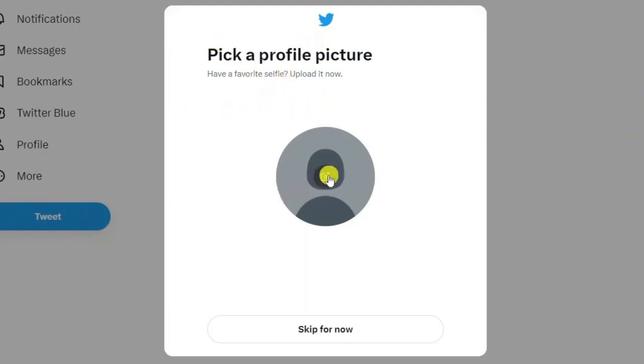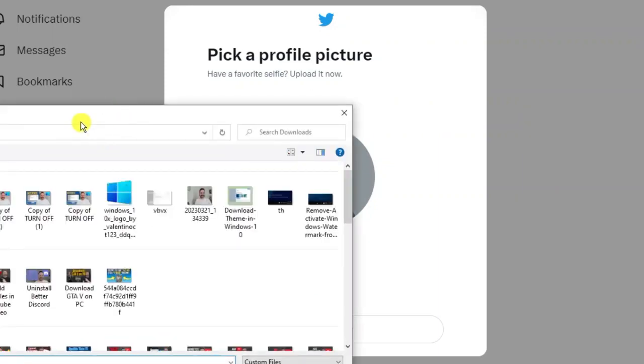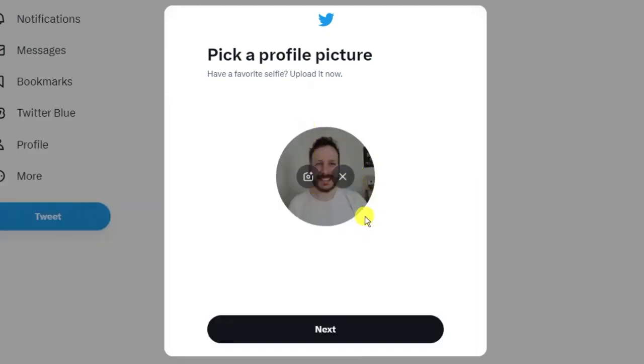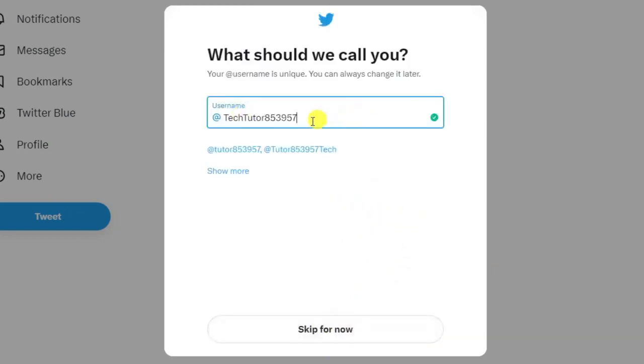So you can do that by clicking this box down here with this little picture of a camera. And what it's going to do is load up your file explorer, so you can go ahead and choose a picture to add. So I've just gone ahead and added this picture of me. So what you want to do is again click the next button down here, and then you can choose a